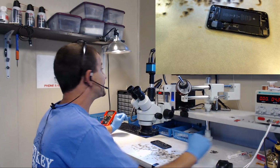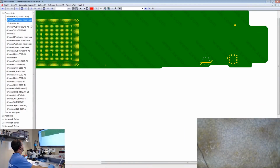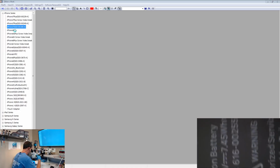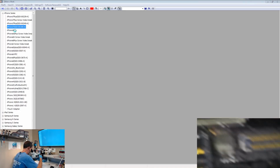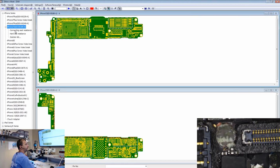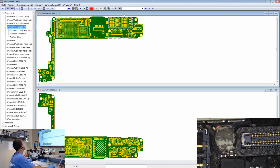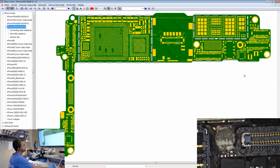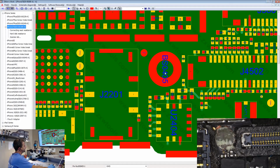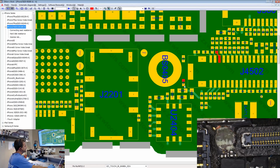So what are we going to do here? Let's open up the iPhone 7 on ZXW Tool and see what it will show us, and get back down in here and have a look at this completely mutilated phone. Alright, so we've got that opened up. Let's zoom in down here at the bottom. And it is BS0405, so that's bullshit 0405. This screw hole here. Nearby we have a resistor